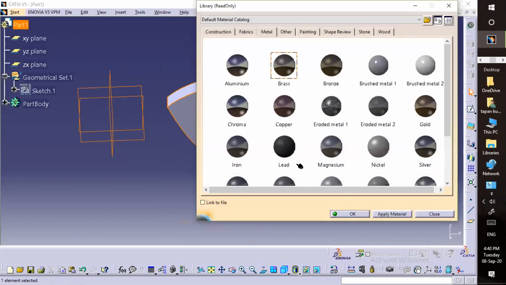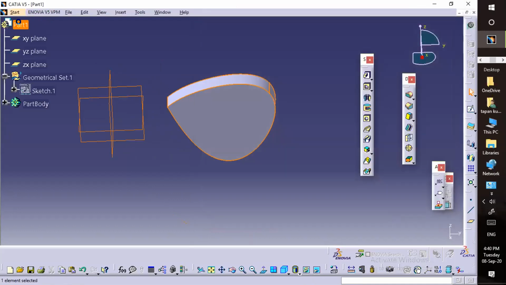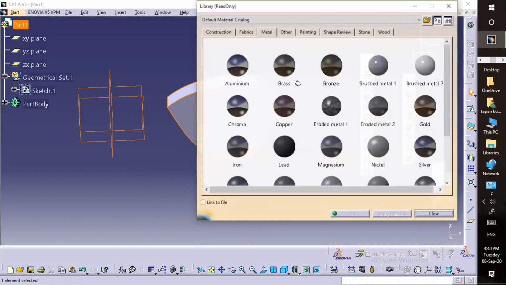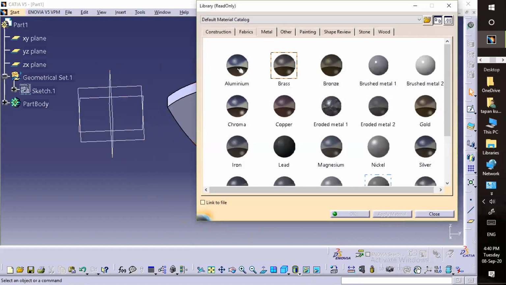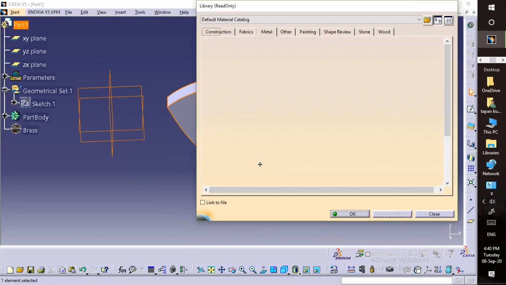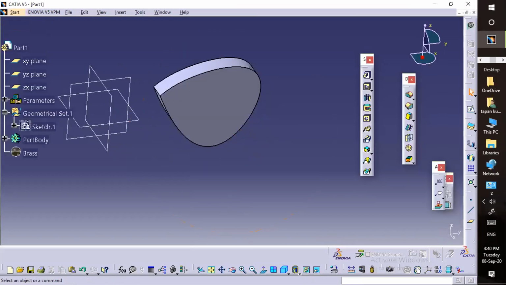So I'll go to apply material, then select the part, then select the brass material, apply material, and OK. In order to see the material, you need to select the option from here, shading with material.